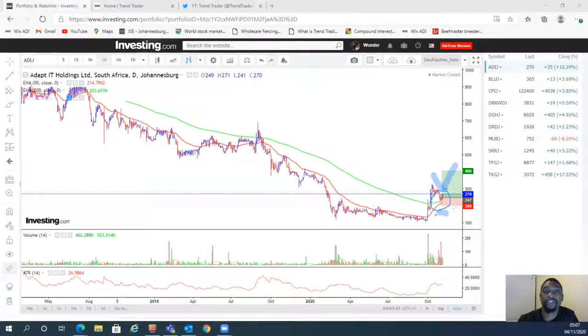As we mentioned, we already have a position that we took on Monday following the bounce on the 200-day exponential moving average. If that cross does happen, it will help to propel the price higher. There was a release of results a couple of weeks ago. If you recall, I think they said that they've reduced debt. We can't really remember if they said they'll pay a dividend, but we won't be surprised if they don't,